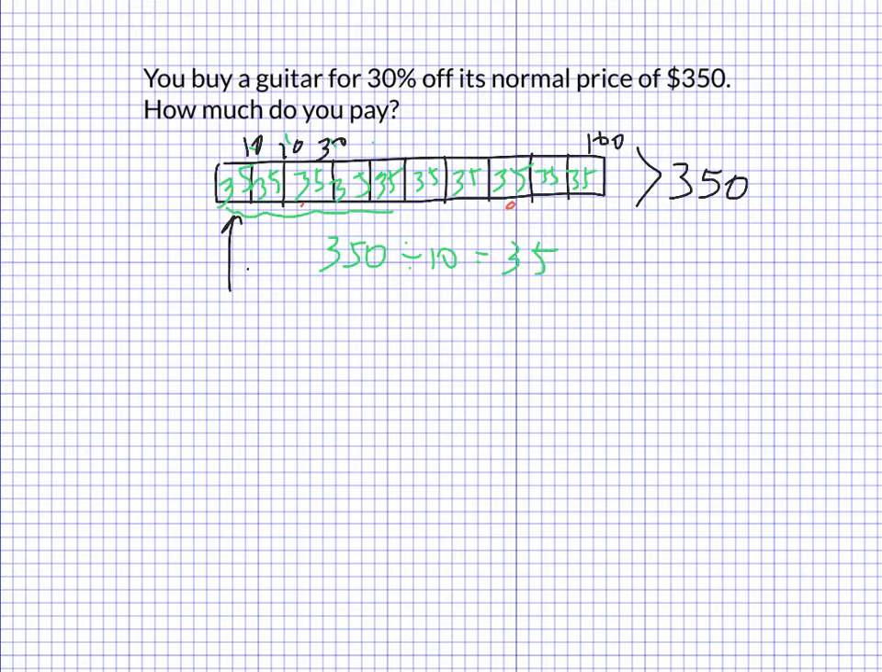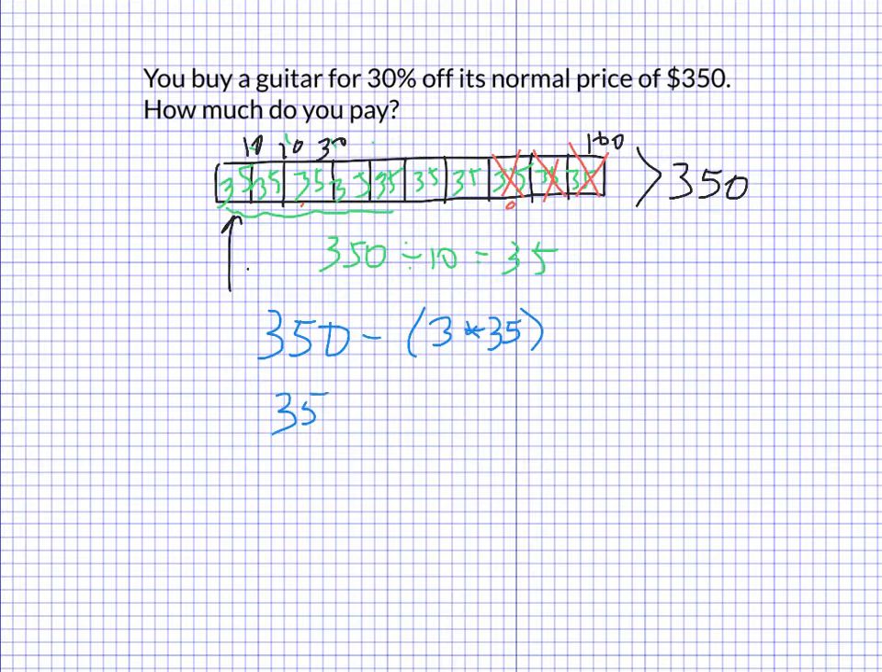Well, what does it mean to be 30% off? How many boxes represent 30%? So all you do is you say, okay, I'm going to take off 30%. I take off 3 of the boxes and see what's left. And there's a couple ways that you could figure that out. You could say the new price is 350 take away 3 times 35, or the new price is 35